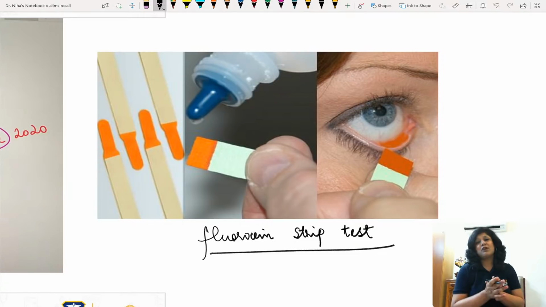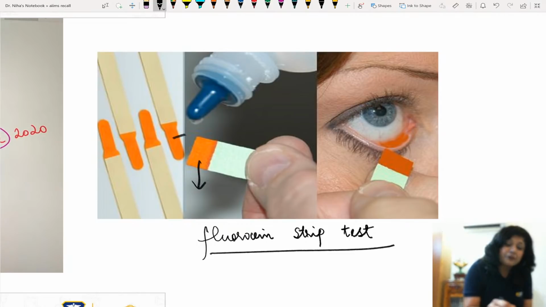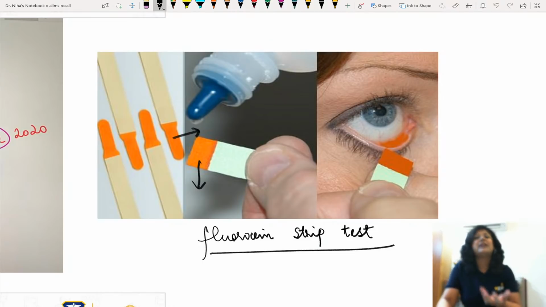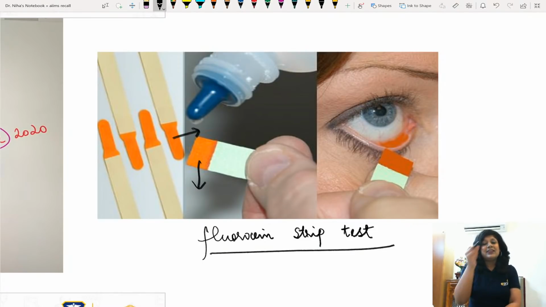We are getting a lot of patients of the ulcers. So these fluorescein strips are basically, can you see this orange one? This is your fluorescein. What we are doing is instilling just a drop of antibiotic solution. We can use any eye drop, but it's good that we use the antibiotic so that it prevents contamination also. Just touch there, and then the patient will blink the eyes. It will stain the cornea, so whatever ulcer, the discontinuity in the surface of the cornea, will get stained. So the name of this test is the fluorescein strip test.